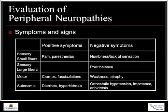So when we see patients, I go through a series of questions trying to determine what type of nerve fiber is affected, because it's going to help me understand the underlying cause. Because some types of neuropathies affect mainly the motor fibers, sometimes they affect mainly the small fibers. And there are 2 types of symptoms that you get from neuropathies. What we call positive symptoms are the ones when the nerve is